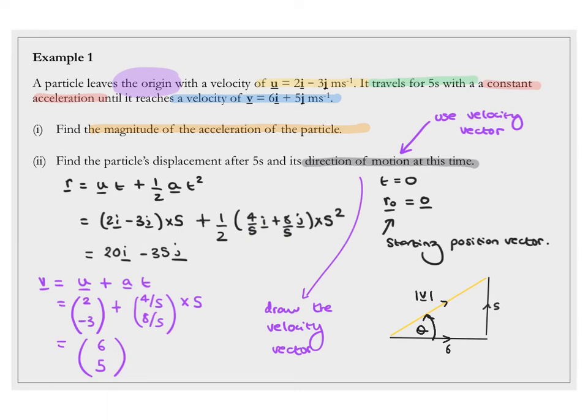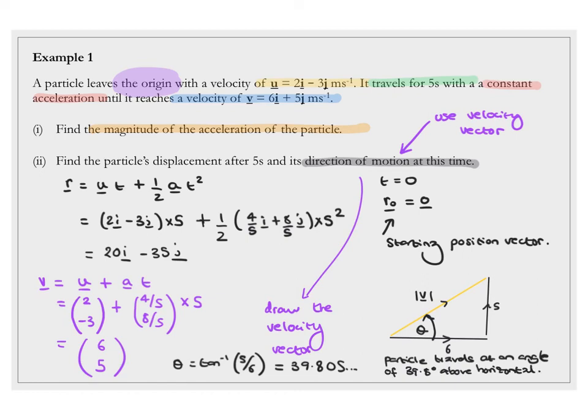So we could calculate this angle here, theta, which would equal tan to the minus 1, or arctan, of 5/6. And in degrees, that comes to 39.805... So we could say that the particle travels at an angle of 39.8 degrees above the horizontal at the time t equals 5 seconds. We could also give a bearing. If you wanted to do that, you'd need to remember to measure this purple angle here, clockwise from the north